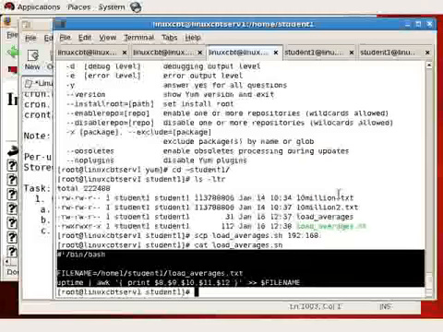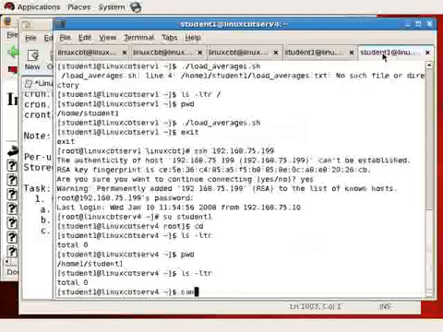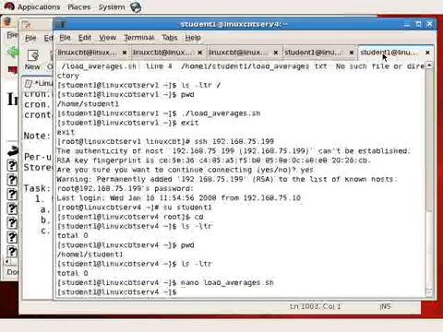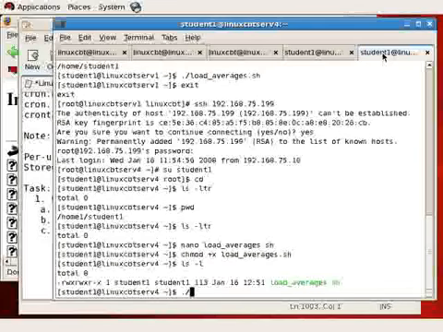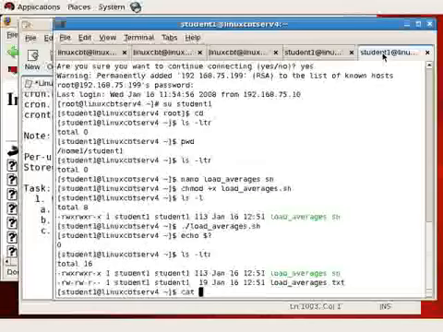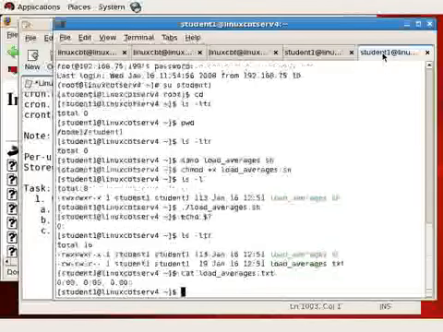It's just a 3-liner. Then on the remote system, we'll nano load averages.shell, paste the items, and then test it by chmod +x load averages.shell, and then trying to execute it, where we see that it has run successfully and a cat